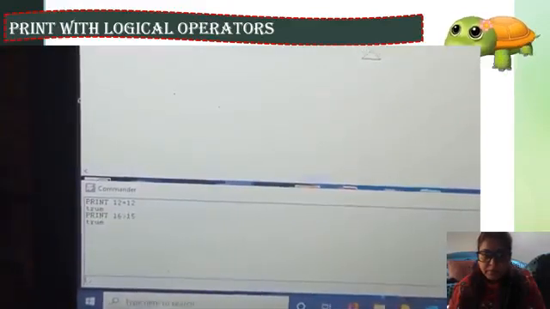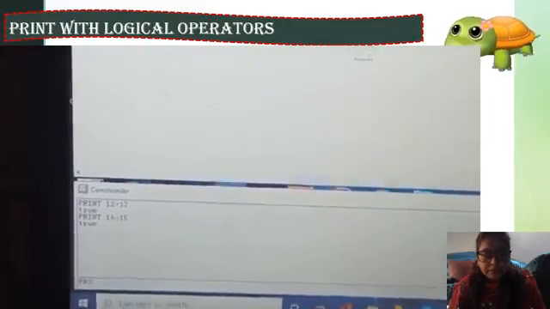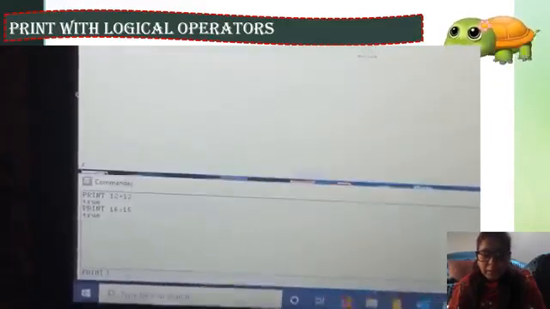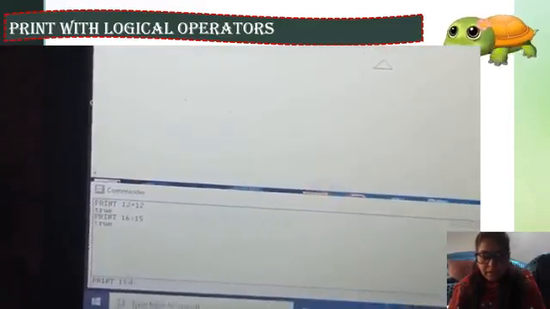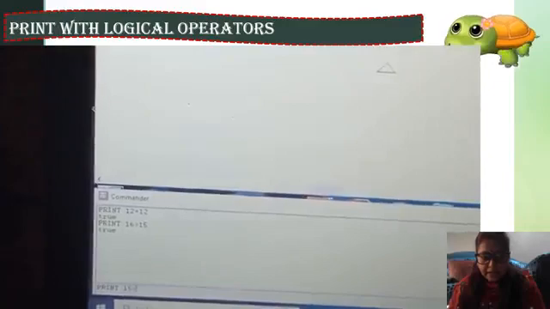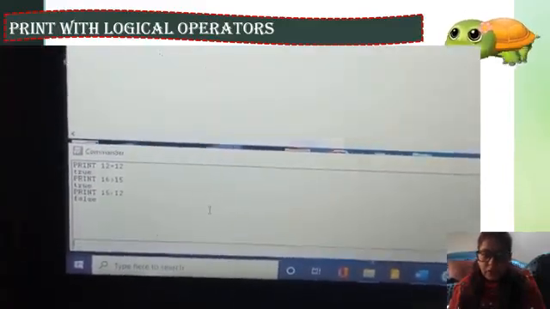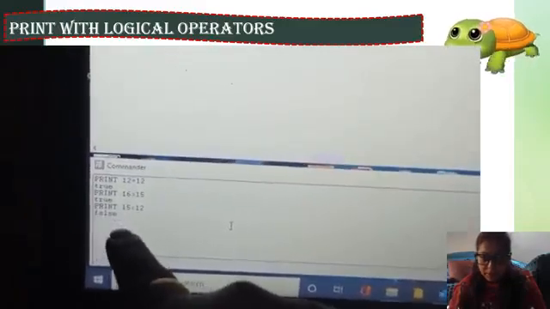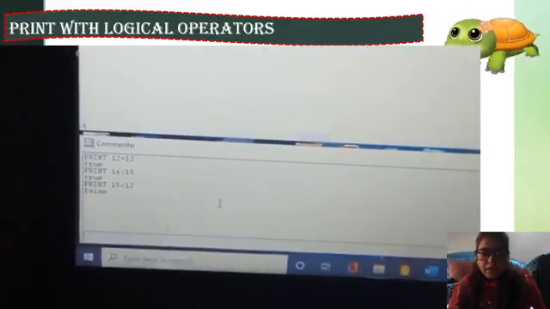What is the answer? Again true, because 16 is greater than 15. Then less than. Print 15 less than 12. What is the answer? False. Right? Like this, you can use these operators. Okay, so this is a logical operator. Understand, children?